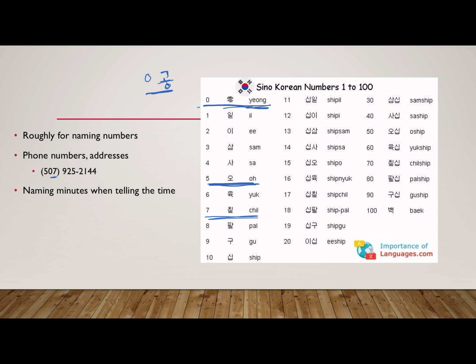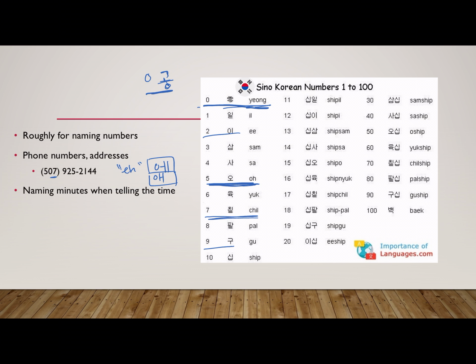Sorry. O, Young, Chil. And then in between the units of a phone number, you say eh. And I'm going to write it in English because I don't know how to spell it. I don't remember which it is. It's one of those two. I don't remember. So you say 507 O Young Chil and then 925 is Ku I O